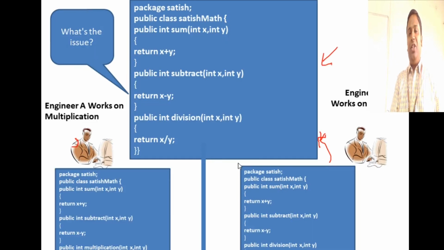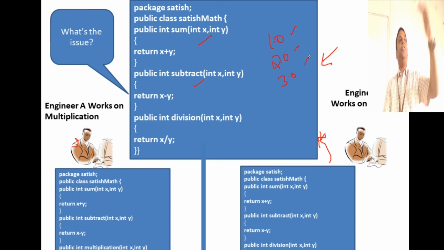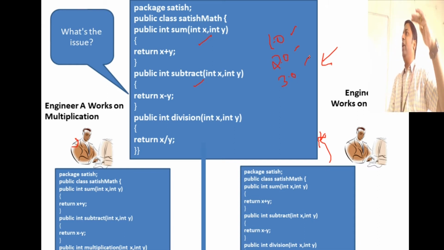What do you mean by revisions of the changes? Do you see here, revisions of the changes? Initially I had only sum and subtraction, that is version 1 we'll consider. Later on I added multiplication, that can be version 2. Later on, finally, division was added, that is version 3. So I should maintain the revisions, the changes, as 3 different versions in my system. Why is it needed?